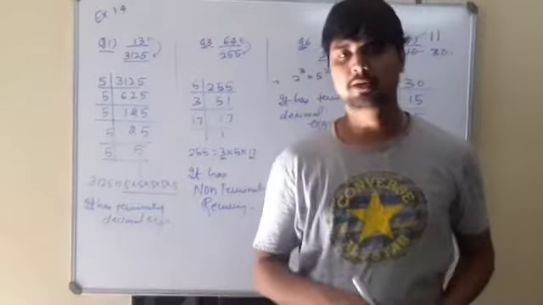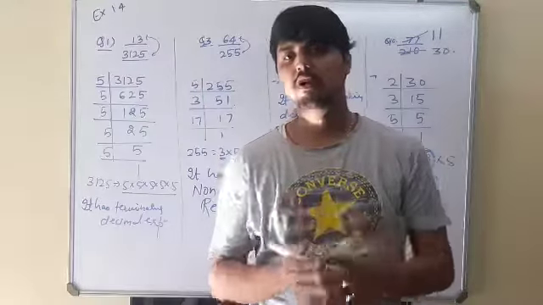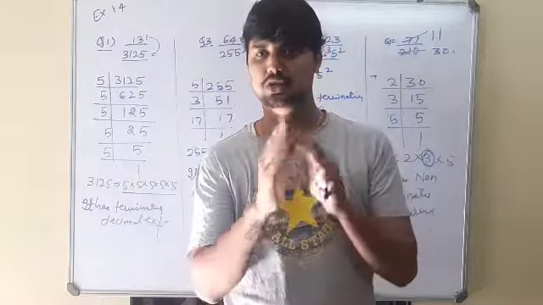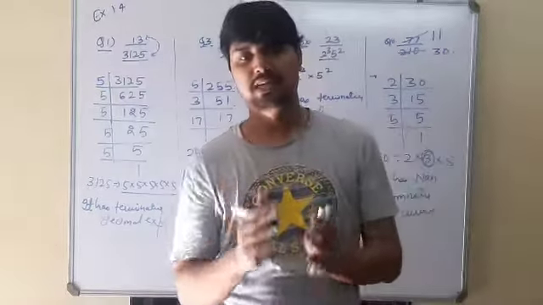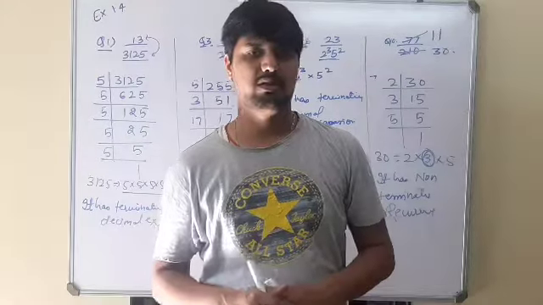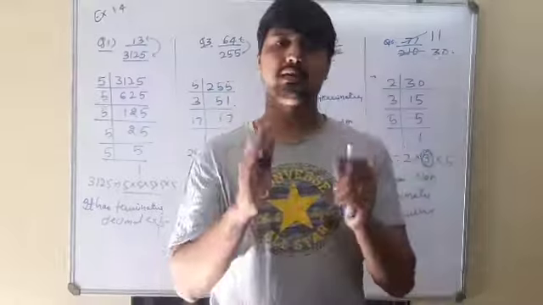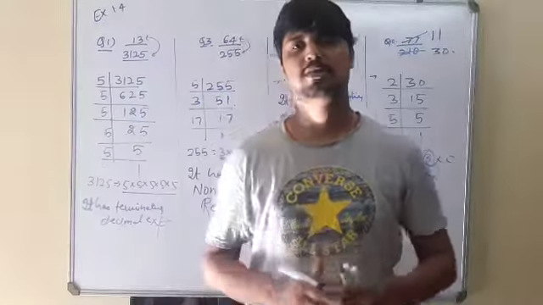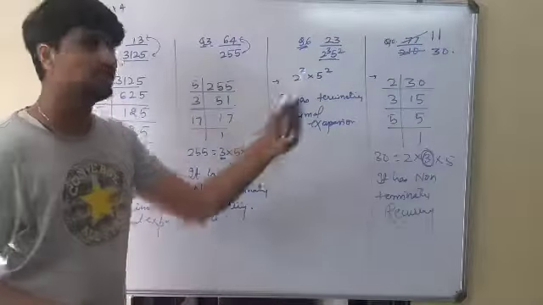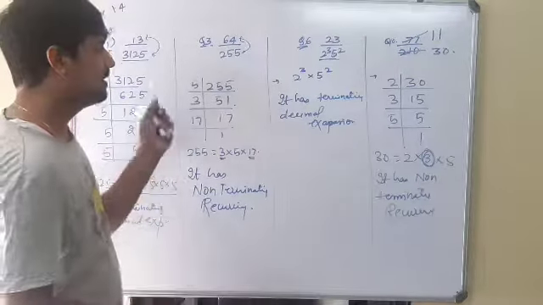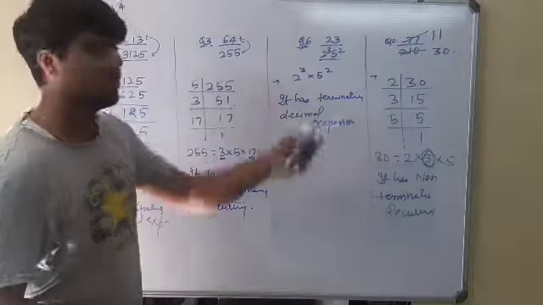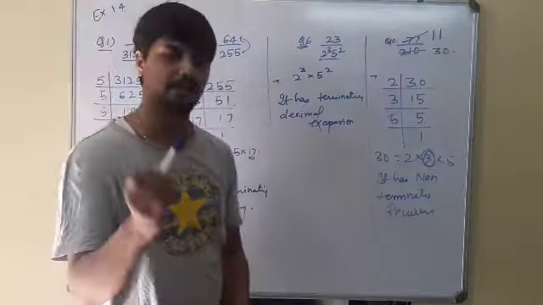Three theorems we have learned. If the denominator is in the form of 2 to power m, 5 to power n, then it has a terminating decimal expansion. If it is not in the form 2 to power m, 5 to power n, it is having a non-terminating and recurring decimal expansion. And if a decimal number is given, and it is a terminating decimal number, then the denominator of that number will always be in the form of 2 to power m, 5 to power n. So I hope I have cleared these 4 questions to all of you. In the textbook exercise, there are total 10 questions given. Out of that 10, I have solved these 4 questions and the rest 6 I leave up to you.